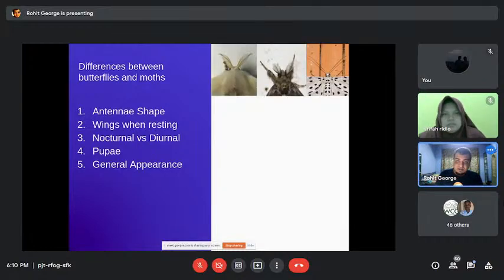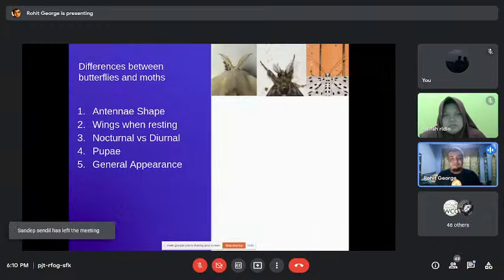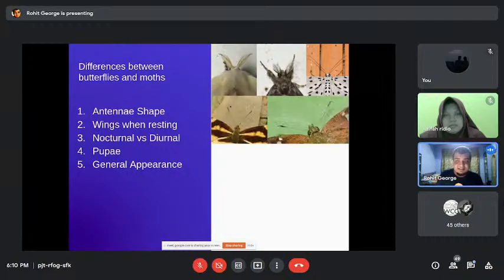One difference is the shape of the antennae. The antennae is the part which sticks out of the front of the head of all insects. There are many different types. They can be long and pointy. Sometimes they are like feathers, but only on one side. For moths, the end of the antennae will be pointed.